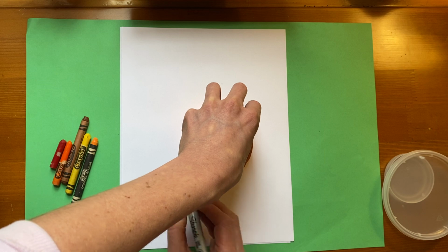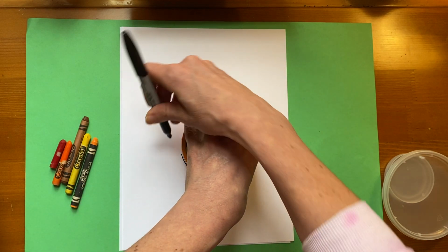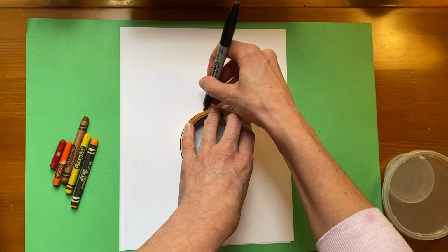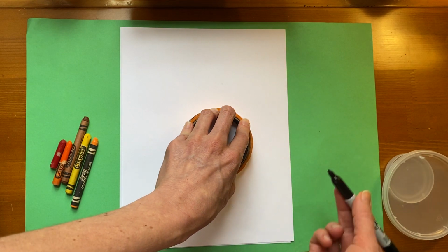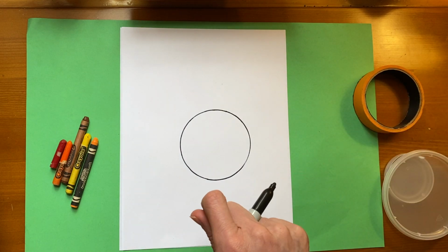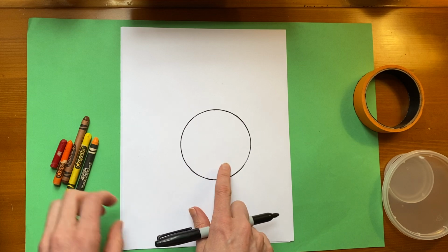Make sure you don't lift your other hand up. You want that to stay put while you're tracing. Come all the way around, make sure you trace the whole thing and you don't miss any spots. Okay, I think I did it. What a perfect circle. Okay, so now that I have my circle, I'm gonna fill it in with some colors